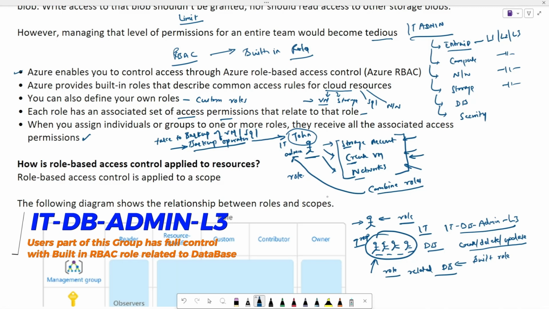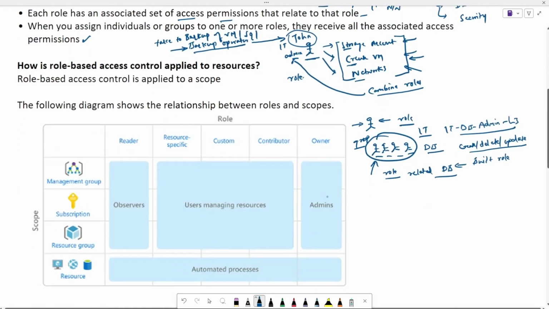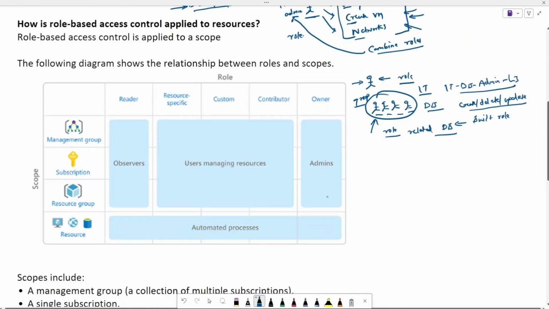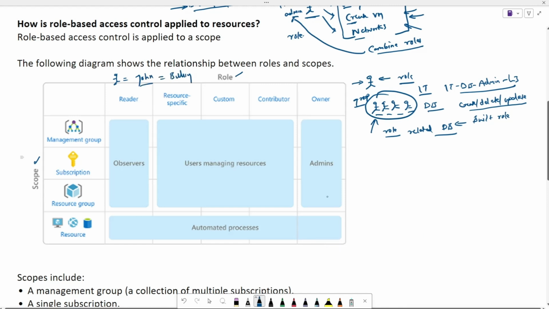How is role-based access control applied to resources? Role-based access control is applied to a scope. Let us see in the diagram, there is a relationship between roles and scope. This is the scope and this is the role. Let us see what is the relationship. Say, for example, there is a user whose name is John, and John is part of billing department. This is also part of IT department. Since John has been given a reader access role at the scope of management group,